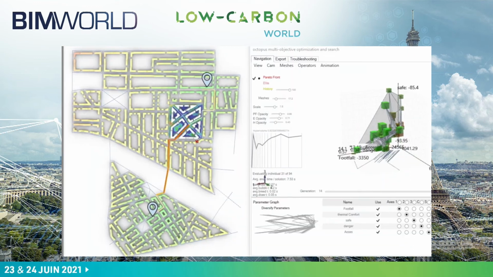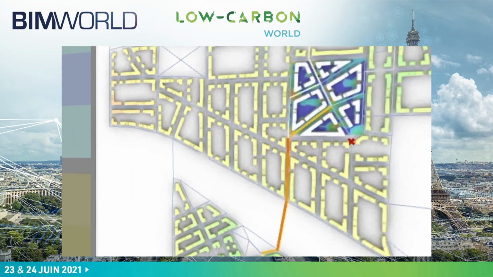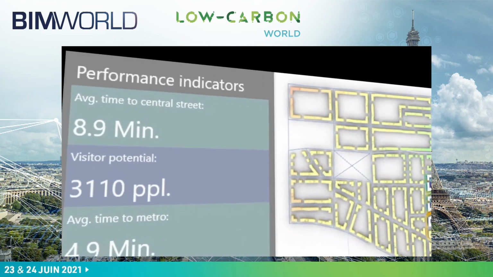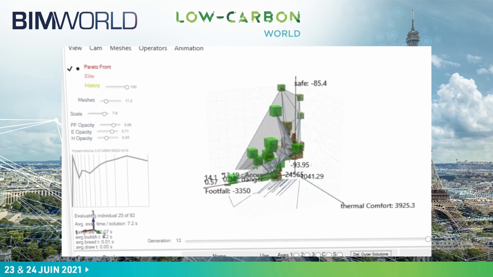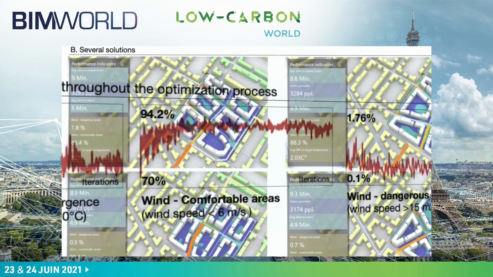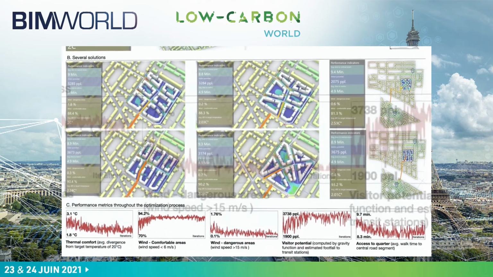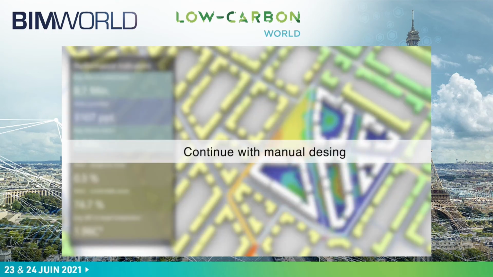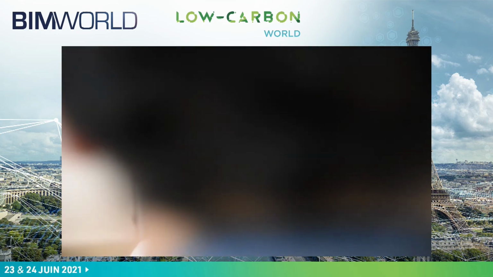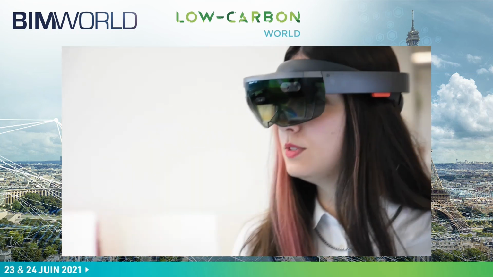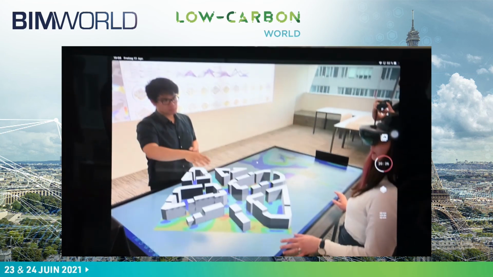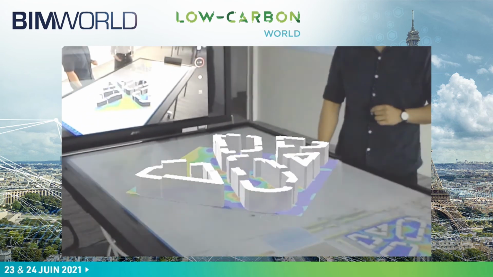Instead of just iteratively checking different options, we can run thousands of designs, and then within those thousands of design options, we can identify our performance regimes, where we perform better, where we perform less, identify our performance objectives, and then actually come up with solutions that are coming from this solution space and not from our manual design options. Of course, we can continue in manual design and have this back and forth dialogue between the human ingenuity and the computer